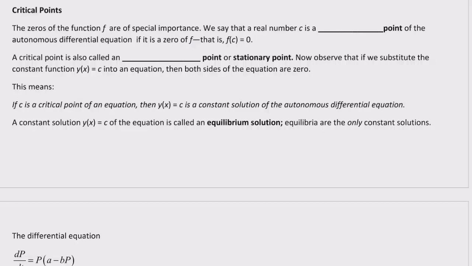Okay, so just as a reminder about what the point of this particular lesson is, we're trying to identify what we can know about a differential equation if we don't know how to solve it. Another characteristic that we can look at, aside from a slope field, is information about critical points. Critical points, if you recall from earlier math classes, are zeros of a function of special importance. We say that the real number c is a critical point